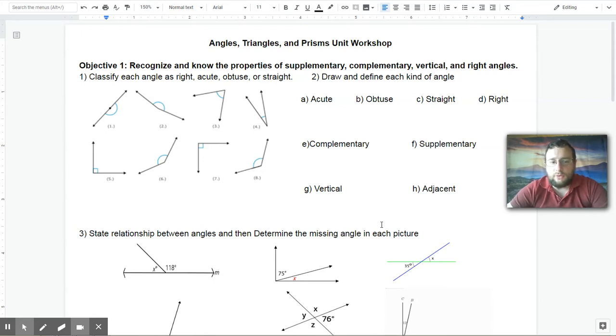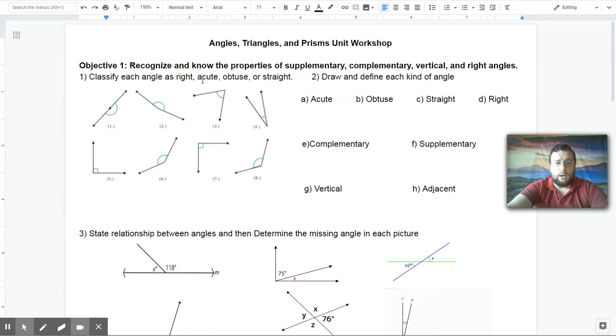So the first objective is to recognize the properties of supplementary, complementary, vertical, and right angles, and also know how to classify things like acute, obtuse, and straight and right angles, because you need those in order to understand the others. So in the first problem here, I have some angles that need to be named as acute, straight, obtuse,